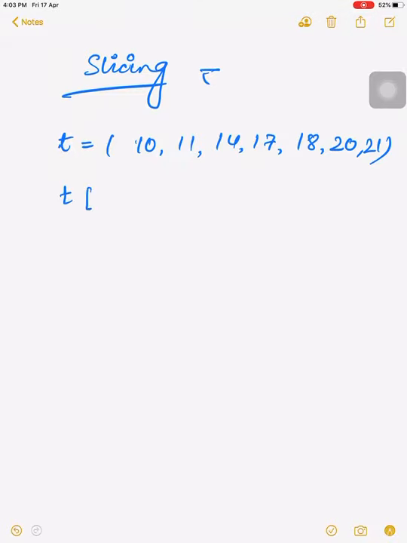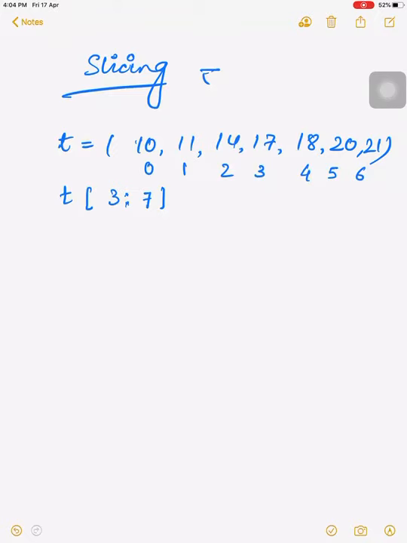Okay. Now we will take, for example, T, and we will write T[3:7]. Then what will happen? First we will have the indexing over here: 0 1 2 3 4 5 6.